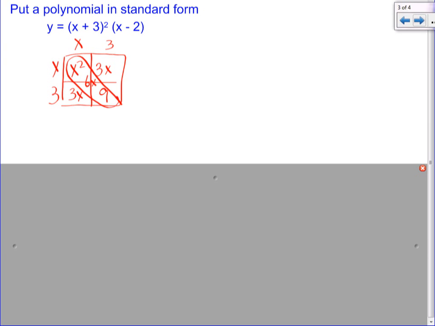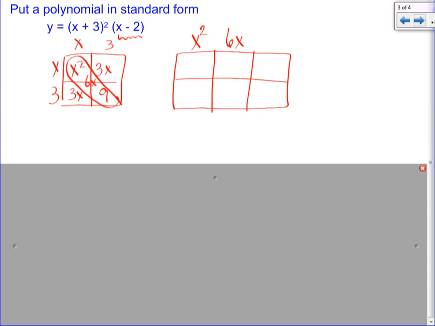We need to take this answer and multiply it by what we haven't multiplied by yet. So this is not a square window, it's a rectangular window. Okay, along the long side, we put what we just figured out, which is x squared plus 6x plus 9. And then we've got our x minus 2, sorry, along this side. Now, whatever we get in here and combine like terms, then we're done. That's our answer. Okay, so if we multiply here, x squared times x, got x cubed,